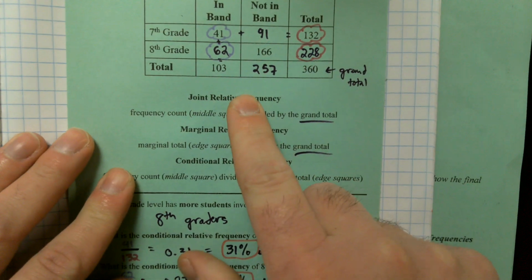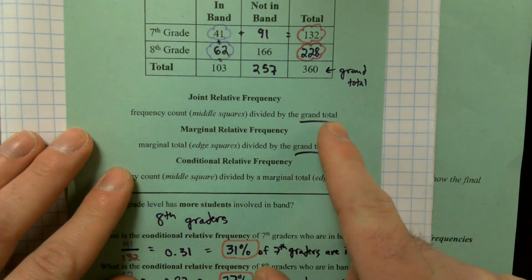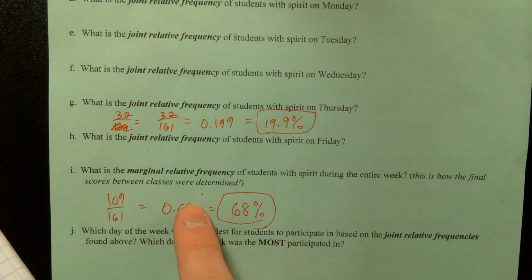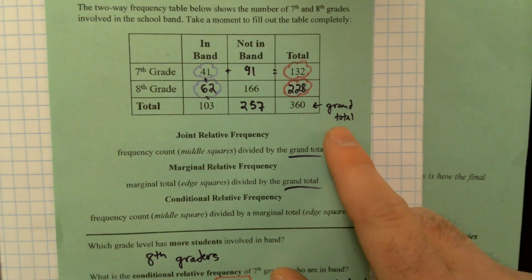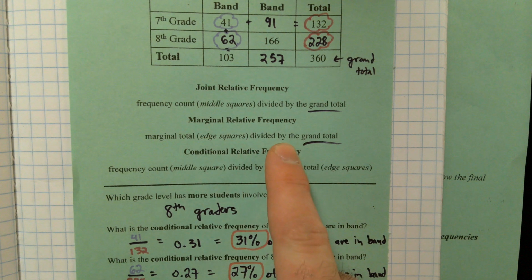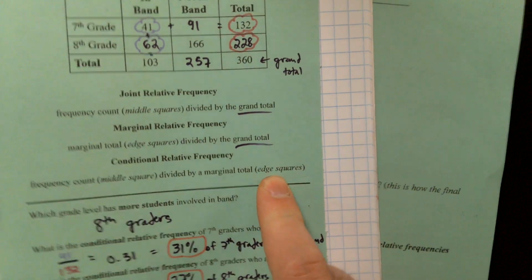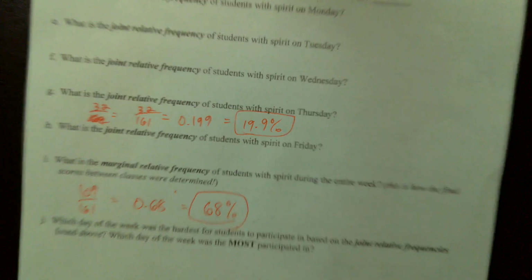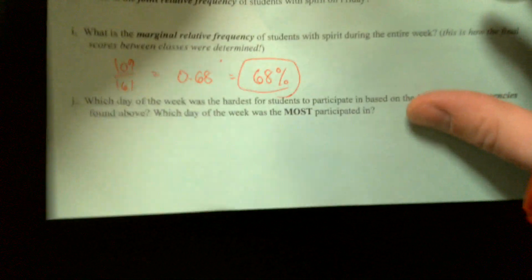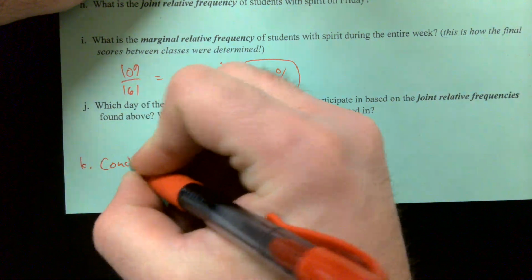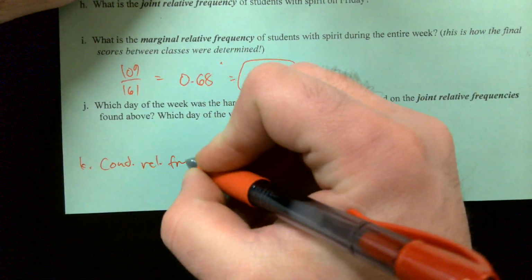Yeah, so joint relative frequency is one of the middle squares divided by the grand total. Marginal relative frequency, which is what we found in question I, is one of my edge squares divided by the grand total. The only time we don't divide by the grand total is the conditional, which we're not asked about here at all. But if I did want to find, let's just say H, I, J, K, the conditional relative frequency